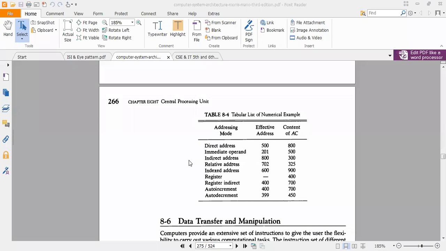Those are direct address, immediate operand, indirect addressing, relative addressing, indexed addressing, register addressing, register indirect addressing, auto increment and auto decrement. And the table shows the corresponding effective addresses and the content of the accumulator after the execution of each individual addressing mode.